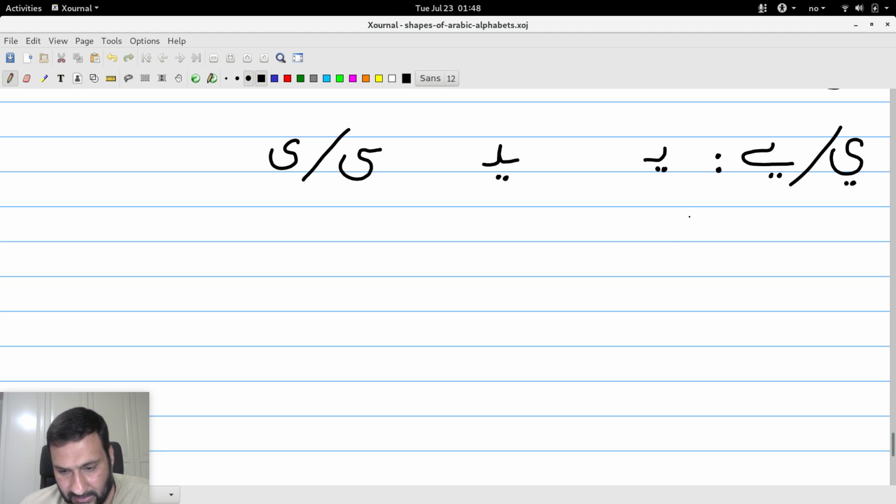For example, there's a word Yarahu, so Ya, Ra and Ha. So Ya is in the beginning. Here, I'm going to give you a word which is going to be simple. So let's say there's a made up word,